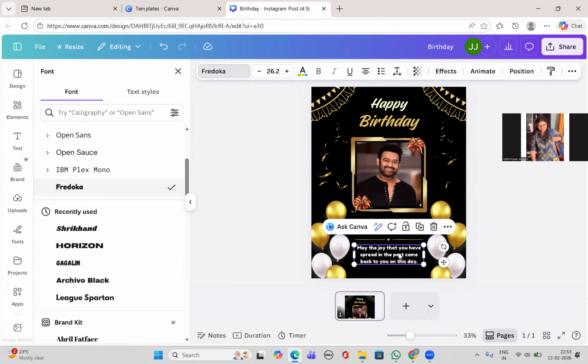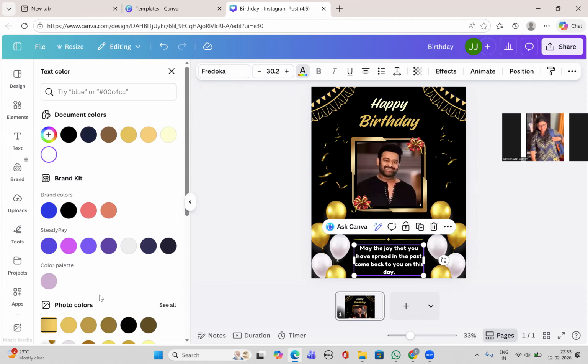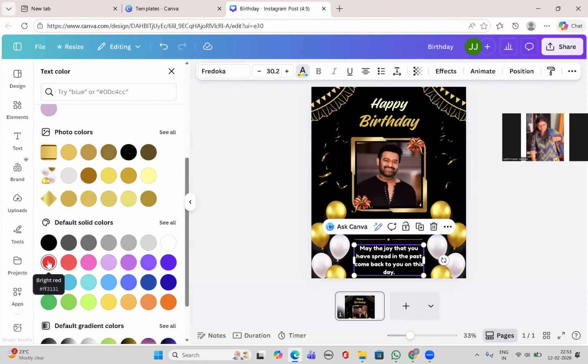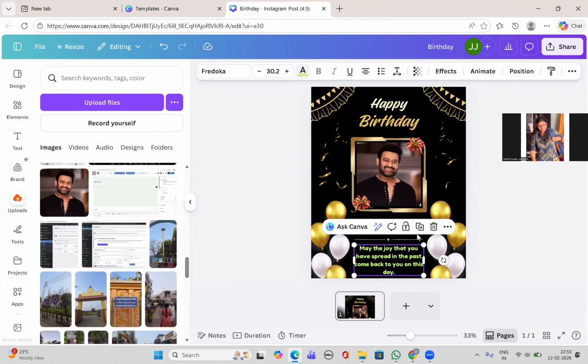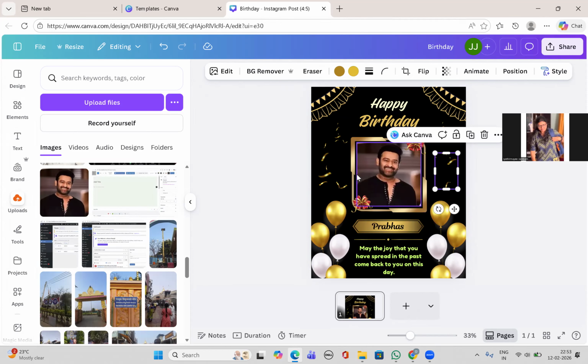Now I want to change the color of this font also, right? Size, if you want to change, you can increase or decrease the size, right? And if you want to change the color, you can change here. Color of the font, some red color or some orange color or some green color, whatever color you want, you can change here. So now somewhere in this content, I think it has some animation.